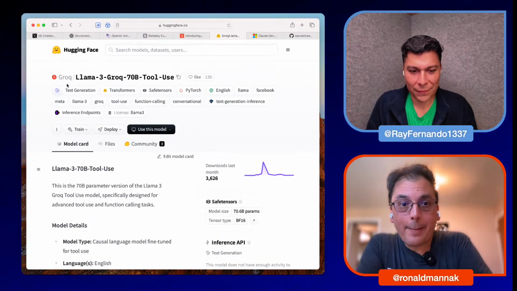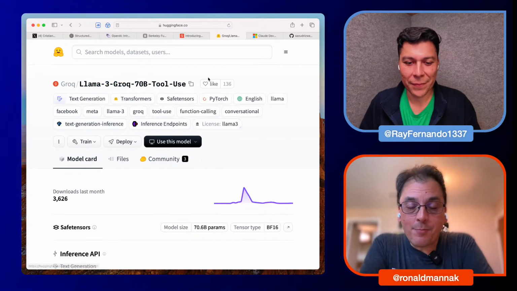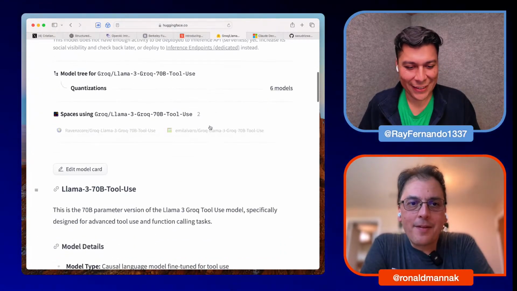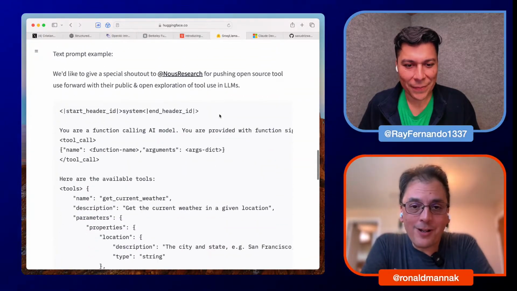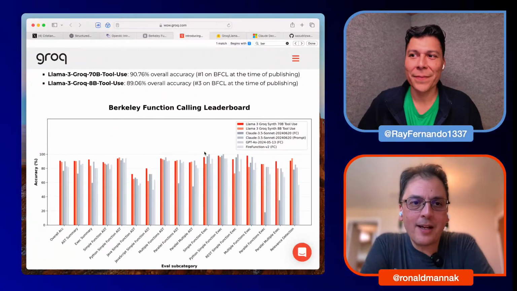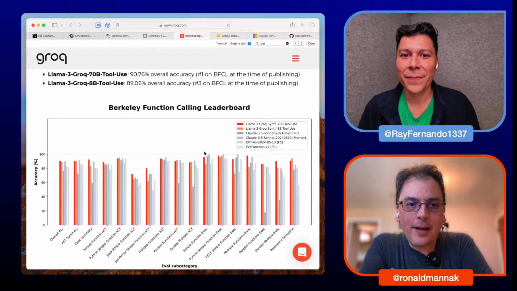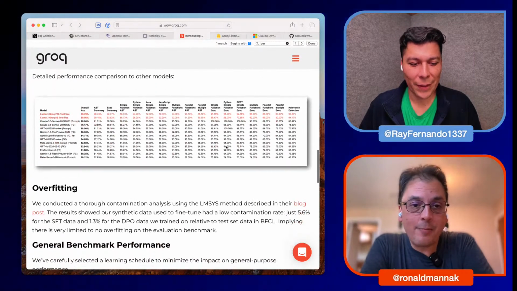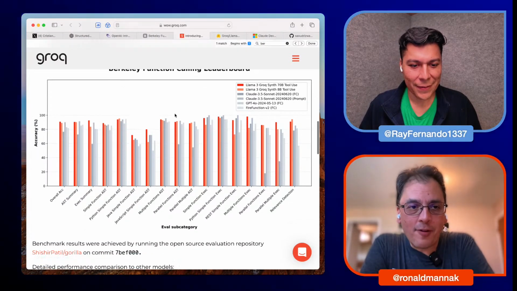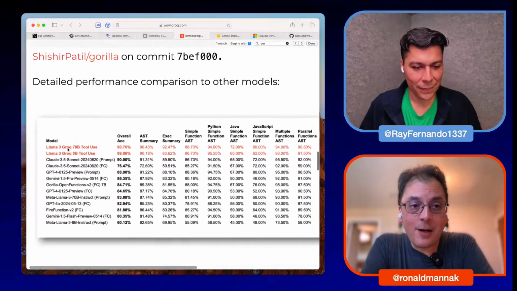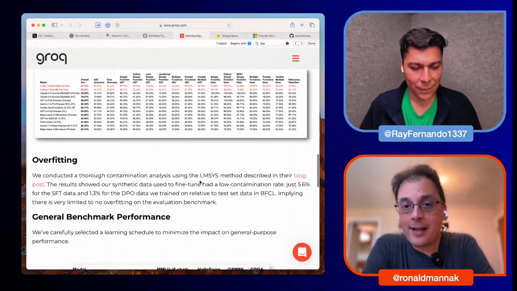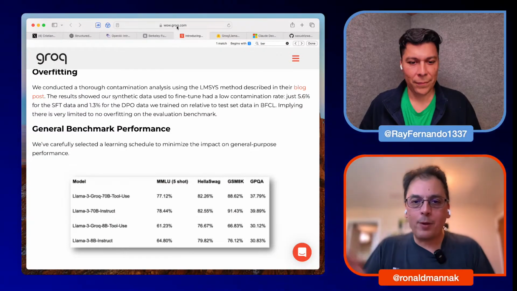The cool thing is Rick ran the Berkeley Gorilla benchmarks, and it turns out that the new Llama 3 Groq model actually outperforms the best one in the current benchmark by quite a bit. That's Claude 3.5, right? The best performing model. Yes. So Rick's model outperforms that. However, the leaderboard has not been updated yet with Groq, nor with OpenAI. So we don't know exactly how that will be.